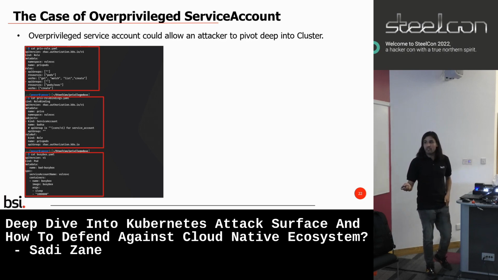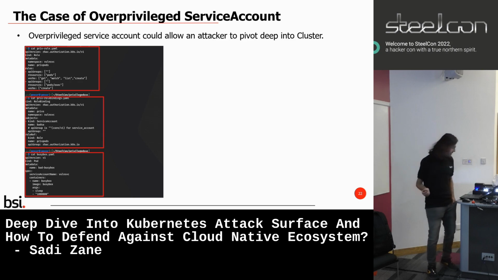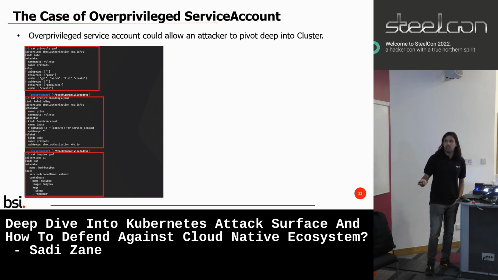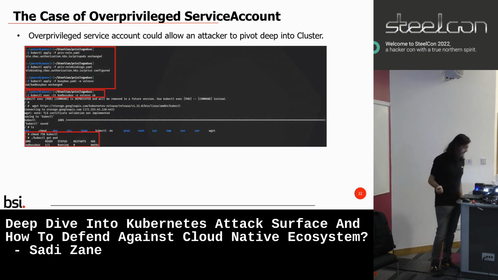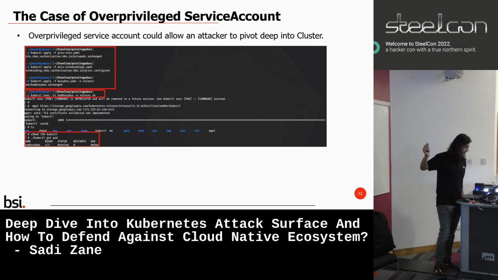At the bottom, as you can see, I'm creating a standard BusyBox and assigning that service account to it. The service account name is vulnerable SV. So essentially this role and this role binding are assigned to that service account. Once I've created that particular pod with the service account, the first screenshot is basically applying those roles and role binding and creating the BusyBox. And the second is, imagine if an attacker managed to compromise your BusyBox through the application